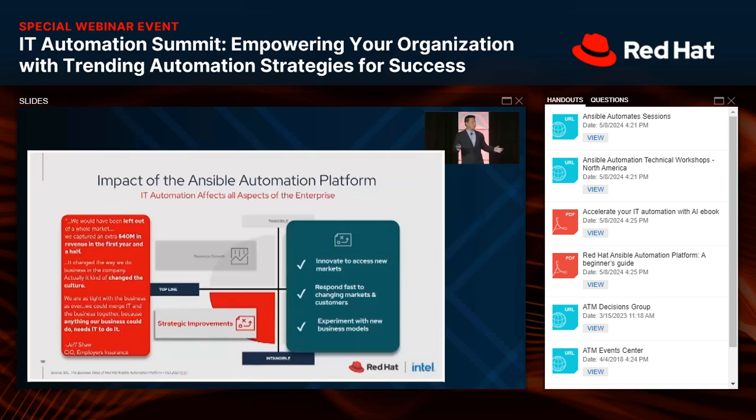It created a cultural change and helped the way they did business. They were able to deploy new technologies faster and react to the market faster. So these are the things that help with the overall strategic benefits of Ansible.